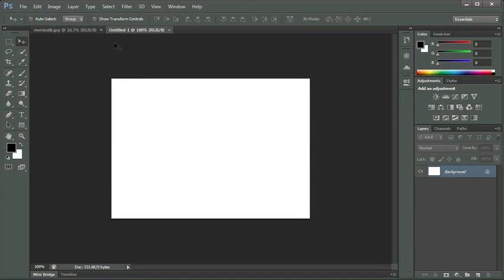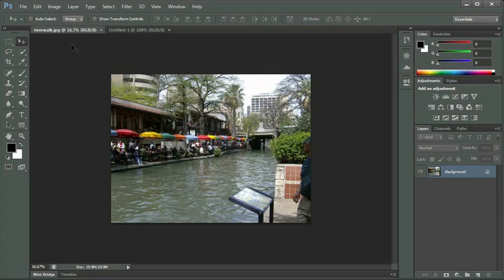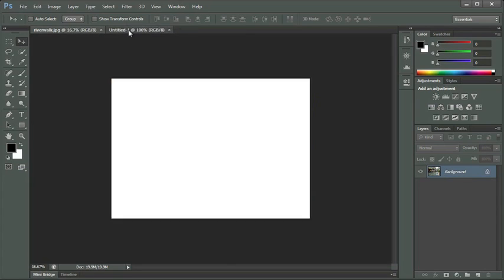So you can see we can easily switch between documents by clicking on the tabs. The active tab is the one that's lit up, and that's the one we can see at that moment. If I click on Riverwalk, you'll see that gets brighter, and now that one's the active window, or the active document. Let's click on